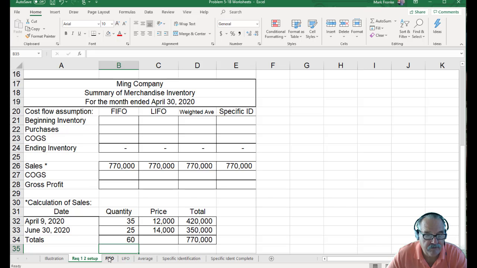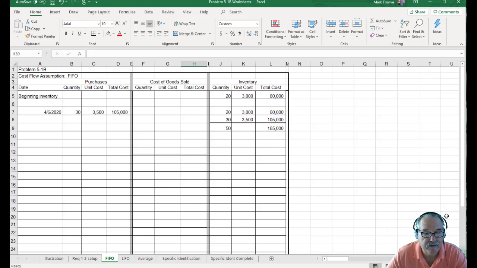I've set up some worksheets that I've already put the beginning inventory in, and I've put in the first purchase. So we had 20 at the beginning at 3,000 for a total cost of 60,000. And then on the 6th of April, we bought 30 more at 3,500, which is 105. So when we add these together, we get